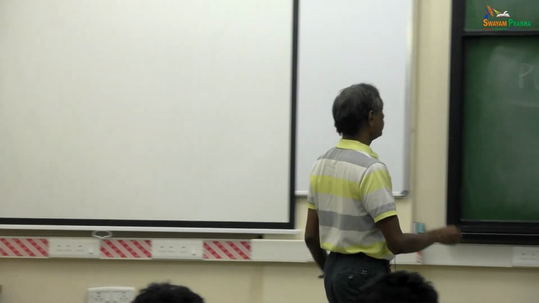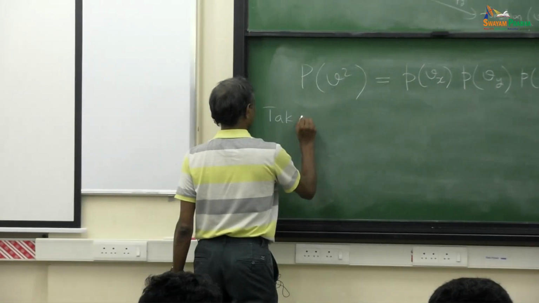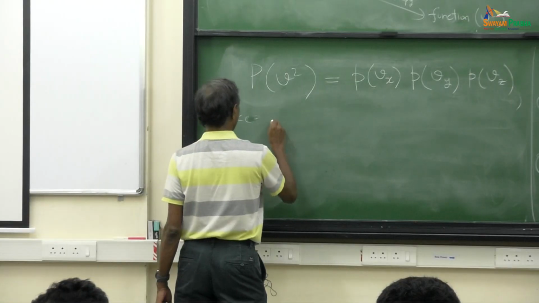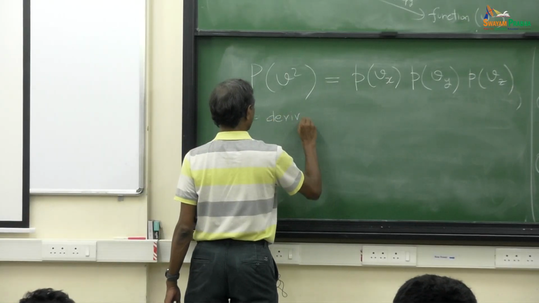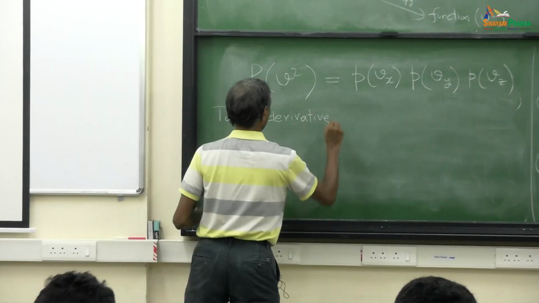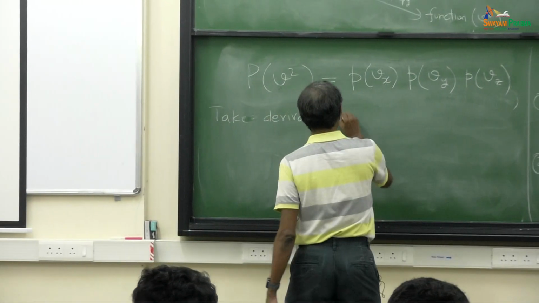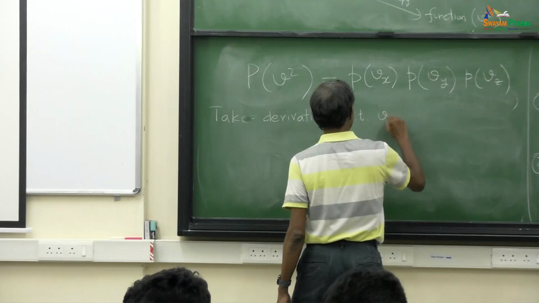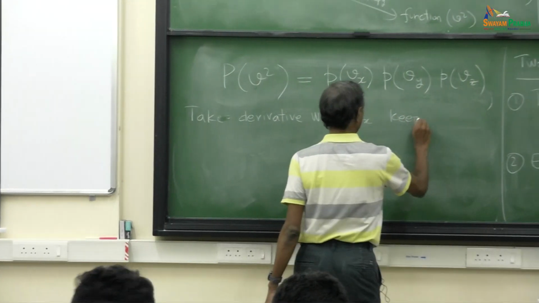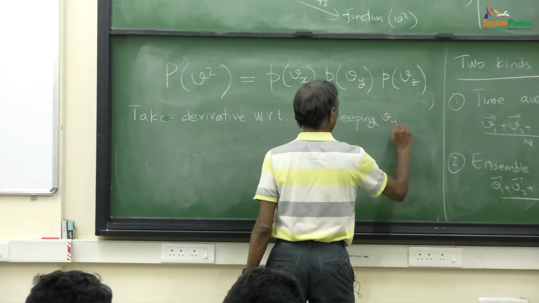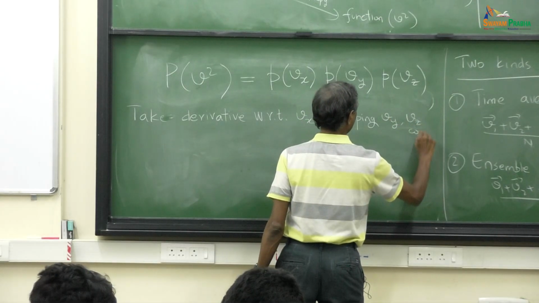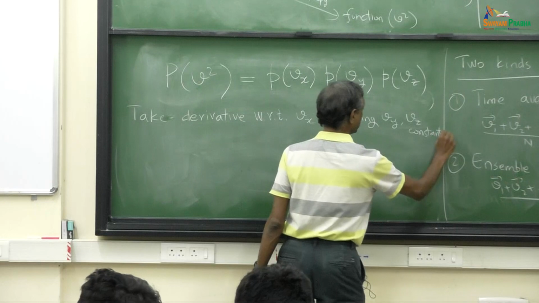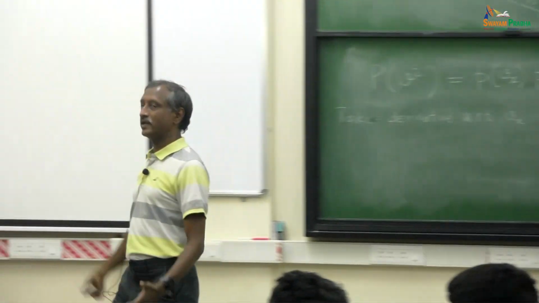Yeah, but again, some people know multivariable calculus, some people don't. Okay, so what I'm going to do is take derivative with respect to vx, keeping the others constant. So those of you who know that, it's just the partial derivative of this thing. Okay, so now left hand side,